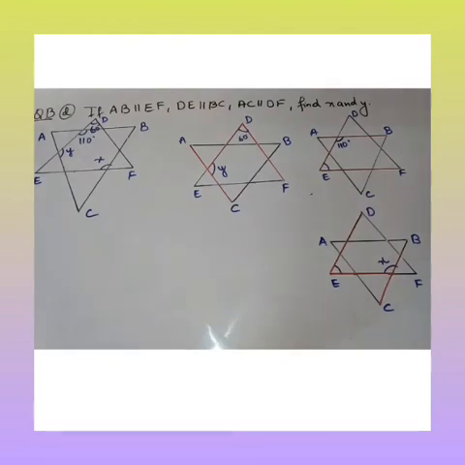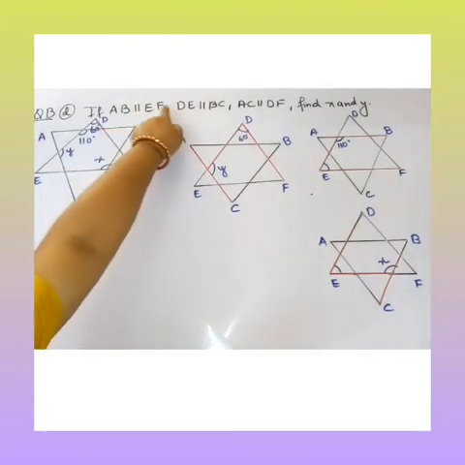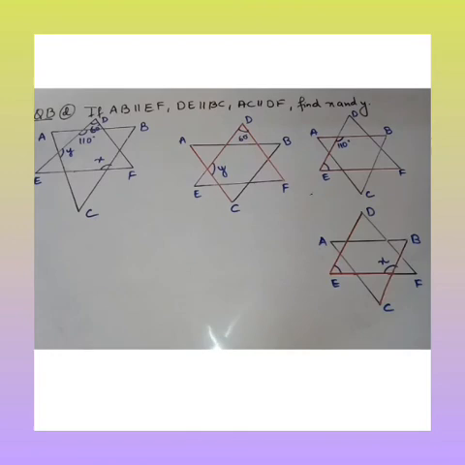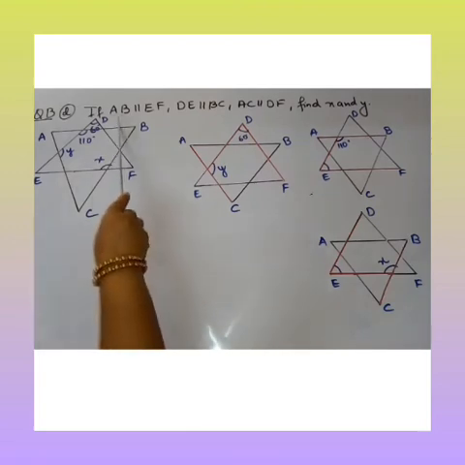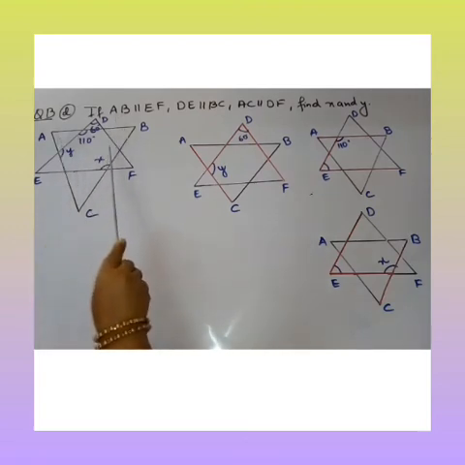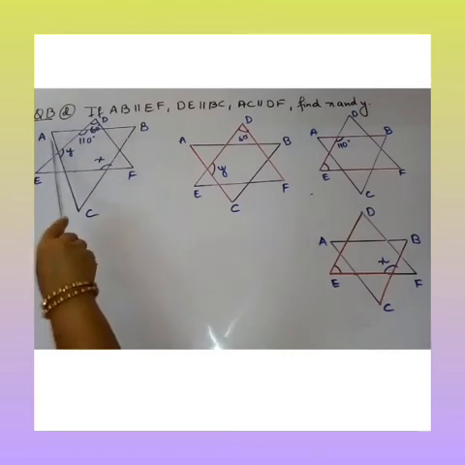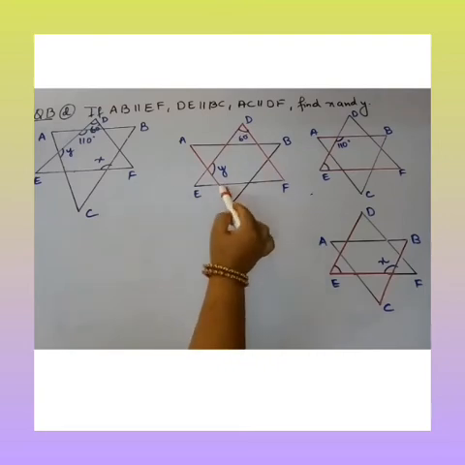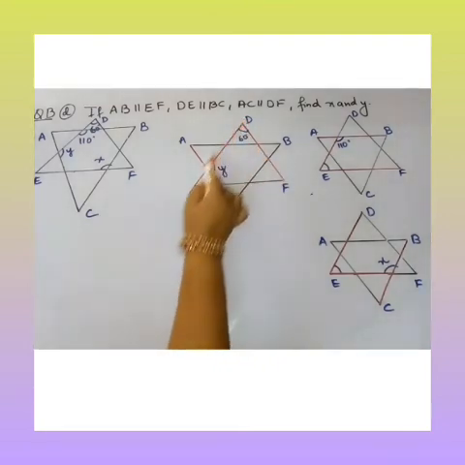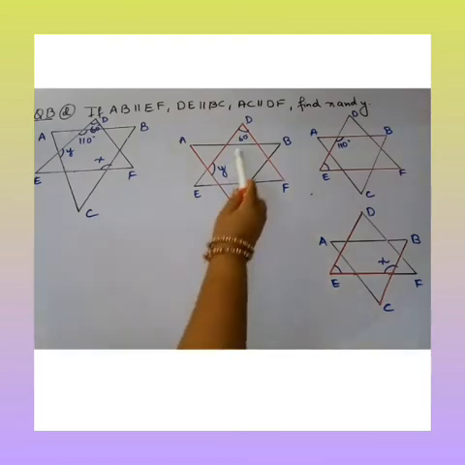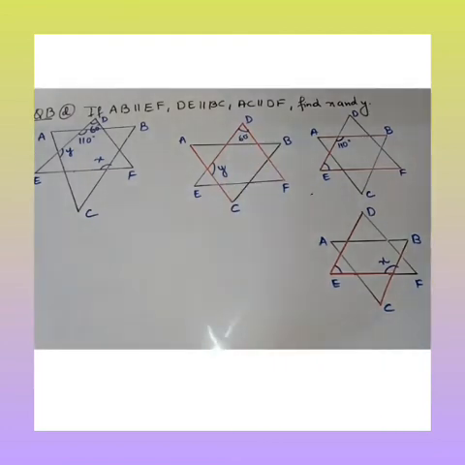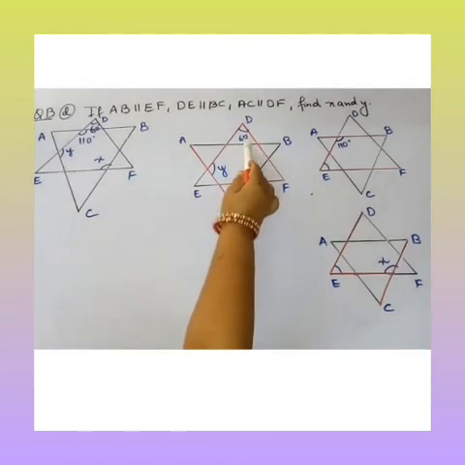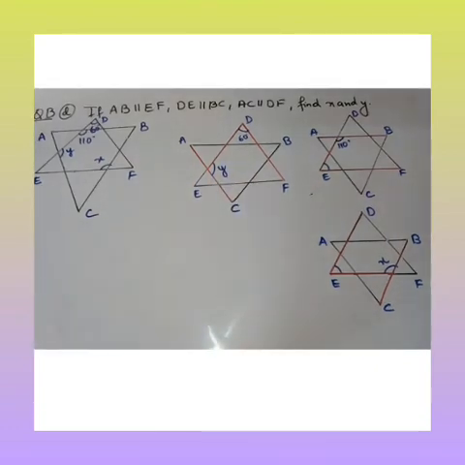Let us see the next question. If AB is parallel to DE, EF, DE is parallel to BC and AC is parallel to DF, that means this line AB is parallel to EF, DE is parallel to BC and AC is parallel to DF. Now we have to find the value of x and y. So for that, for finding the value of y, I am going to take DE and DF and AC as parallel lines. Since DF is parallel to AC and this DE is the transversal, so we can say this 60 degree and y are co-interior angles. So the sum of co-interior angle is 180 degree. So we'll get y is equals to 120 degree.